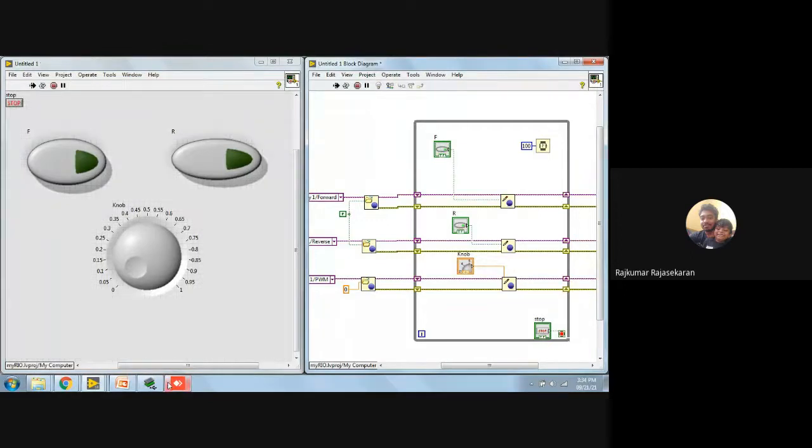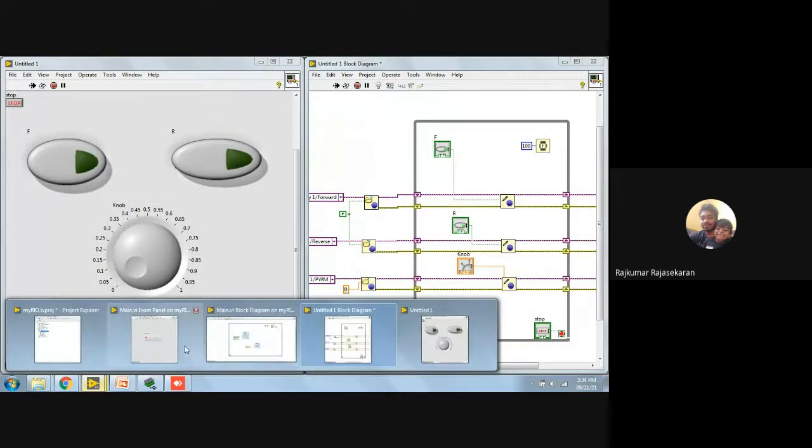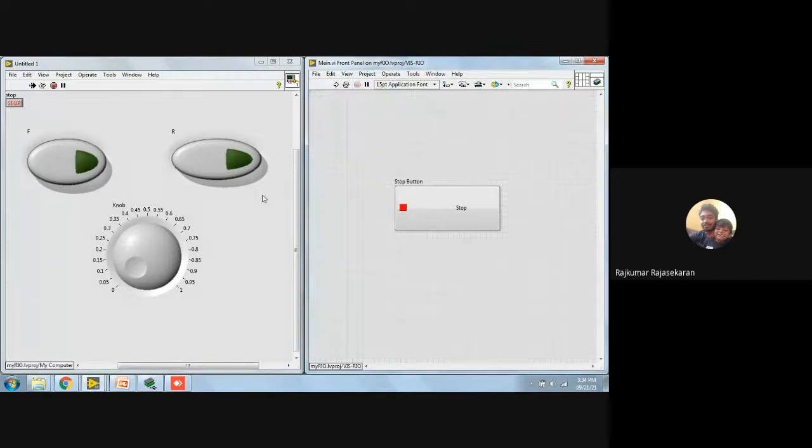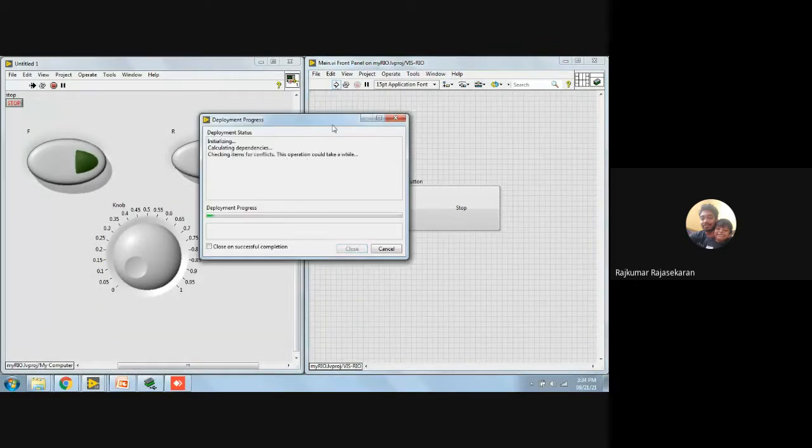So I run this, and already a code will be running inside. So I run this as well.